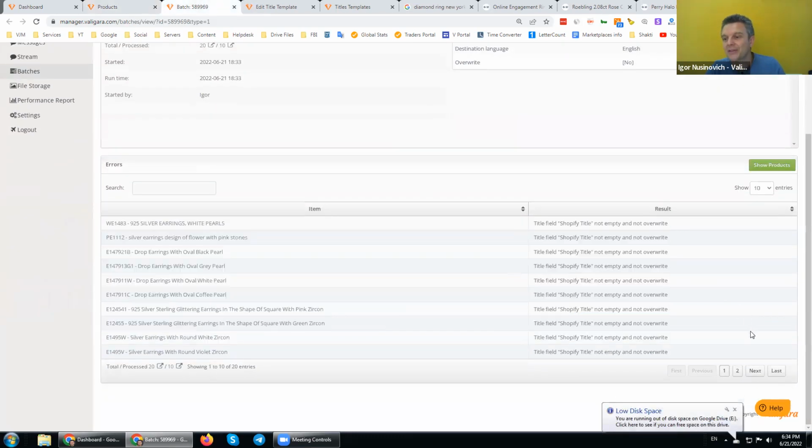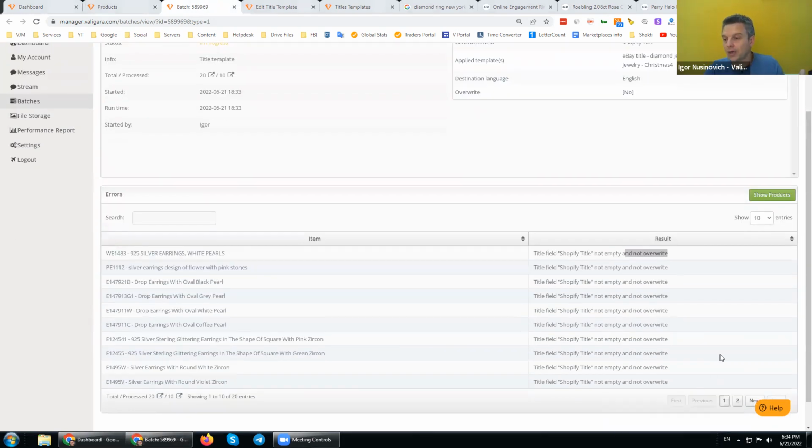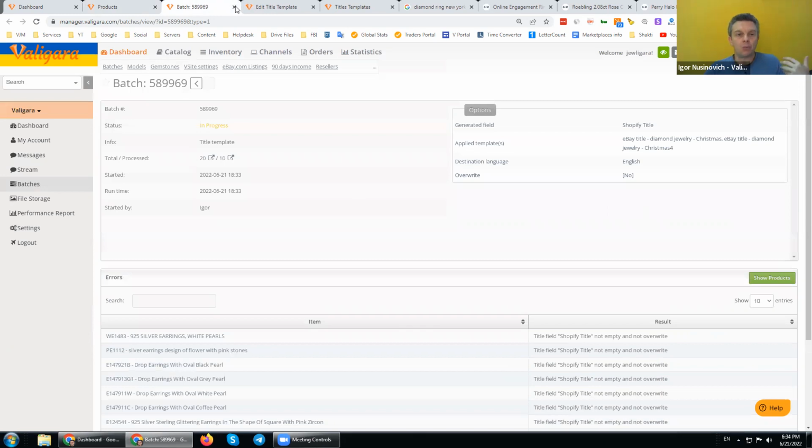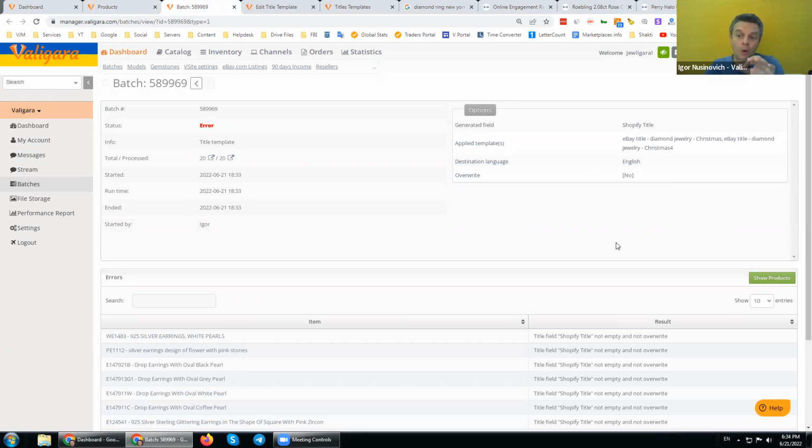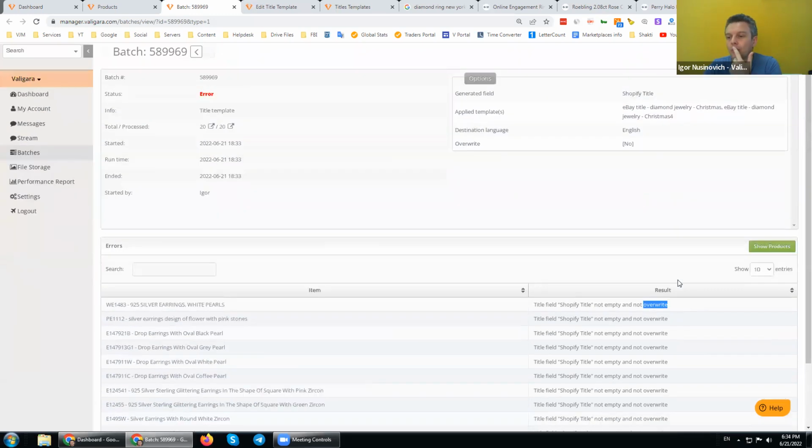As we can see here, nothing was empty, and because the override was not checked, nothing basically happened. So let's see what happens on all the 20. We get an error, nothing was updated because the override option was not enabled. Now, I warmly invite you, please take a look at the information on the right side of the batches. You will see all the information on how you executed the batch, because in many cases we forget. It will help you understand why, in this case, override wasn't selected.